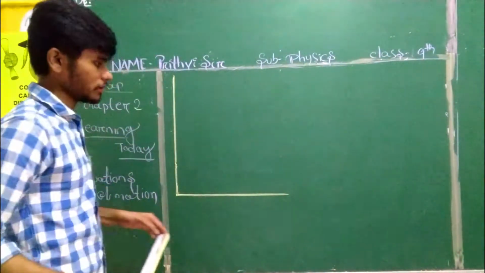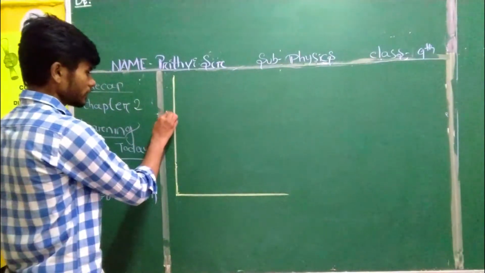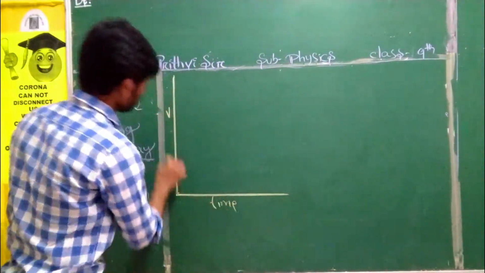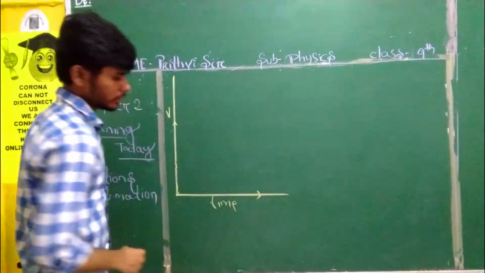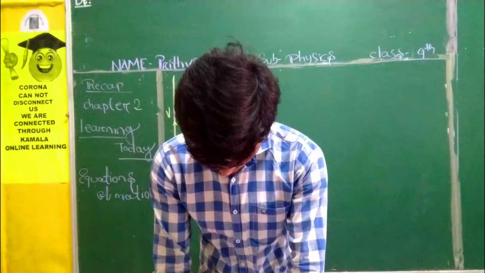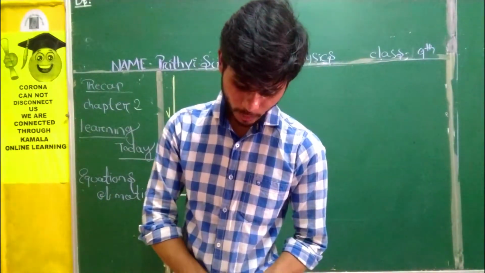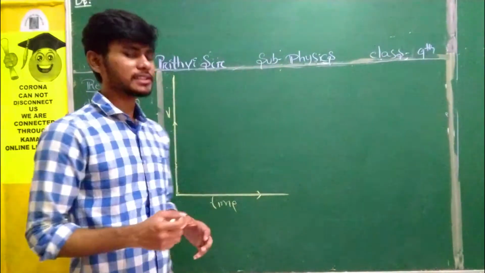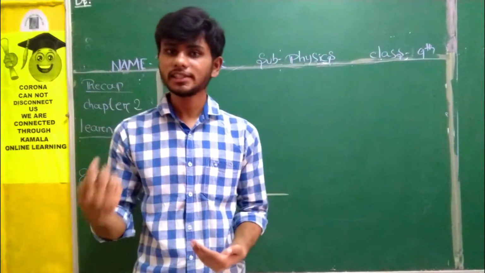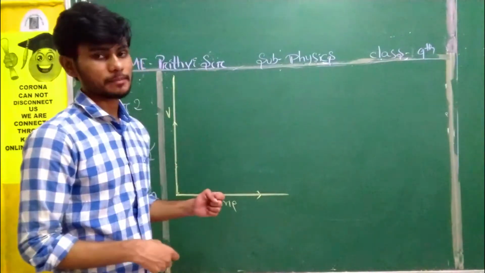Okay, these are velocity time graphs. I will write this side as velocity, this side as t. So this is time, and this is your velocity. What is it saying, students? From this graph we can see the initial velocity of the object. Students, let us consider an object is moving at a uniform speed. Its initial velocity is u, final velocity is v. Now we need to find out the relationship between velocity as well as time.